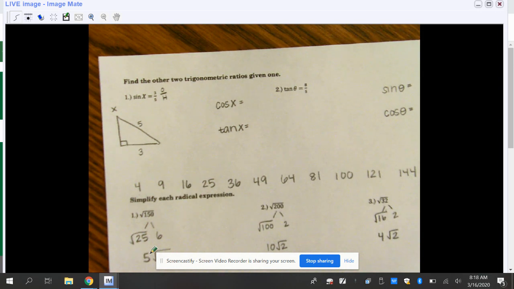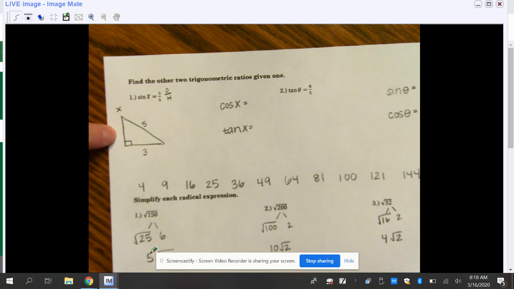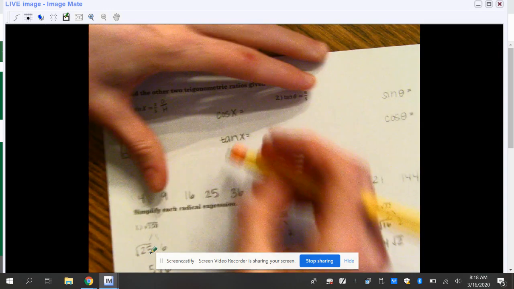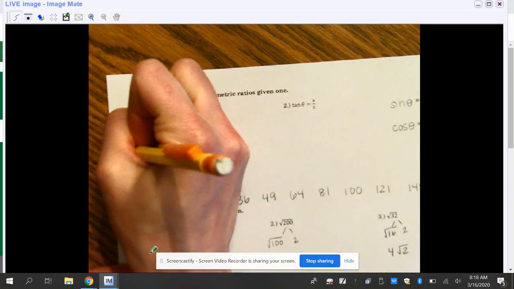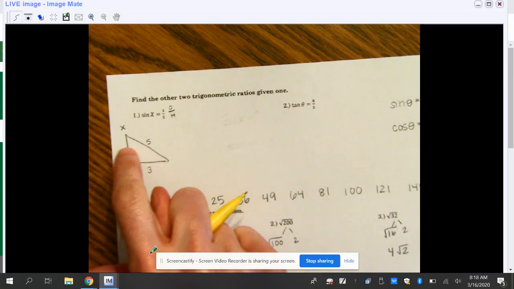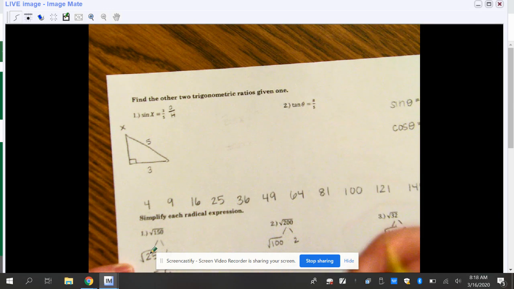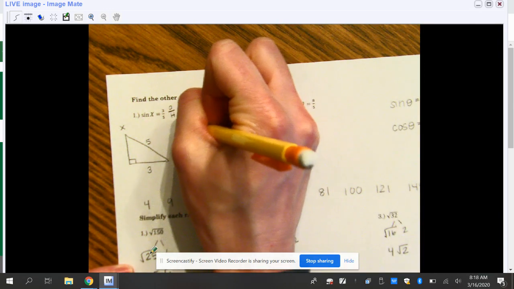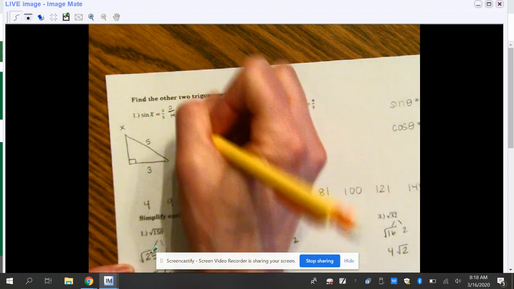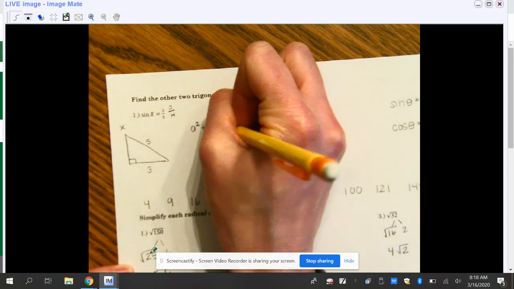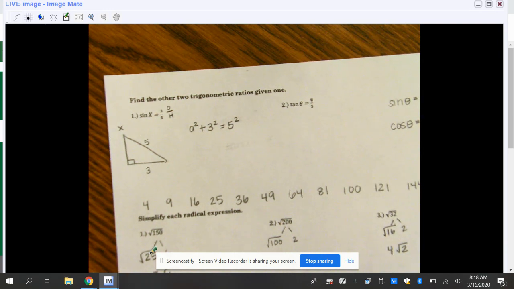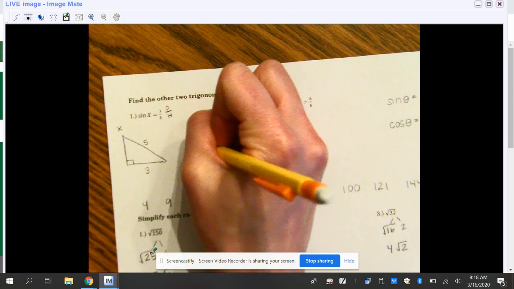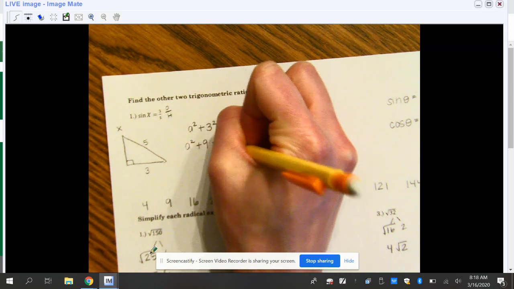So what I have to do now before I can find cosine and tangent is find that missing side using the Pythagorean theorem. So I'm actually going to erase that so I can have a little bit more room to solve this. So now this is the side I'm looking for. This is one of the legs. This is the hypotenuse. So when I plug this into the Pythagorean theorem, I may use a as my variable. A squared plus 3 squared equals 5 squared. So remember, the hypotenuse always has to be C. And so then if I simplify that, a squared plus 9 equals 25. Subtract 9,